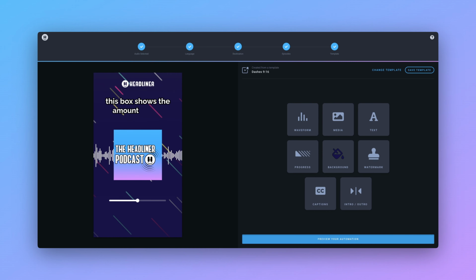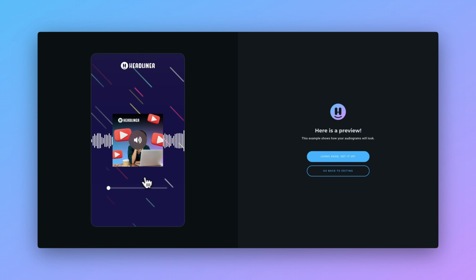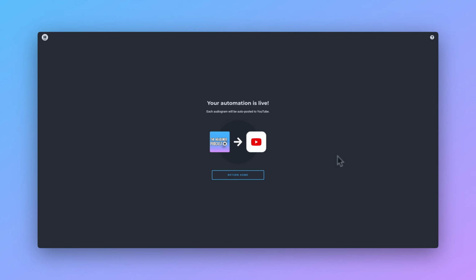Then I'll go ahead and preview my automation. And I think that looks great. That's exactly what I wanted my Headliner audiogram to look like. So I'm going to say, looks great. Go ahead and set it up. And now Headliner is going and it's working its magic. So it's going to automatically post